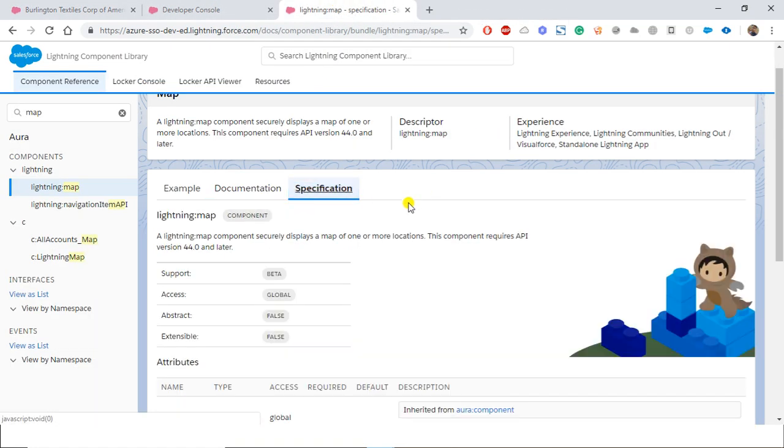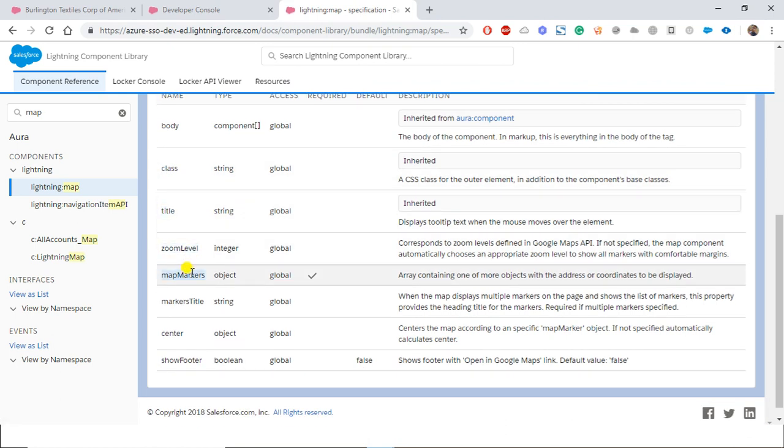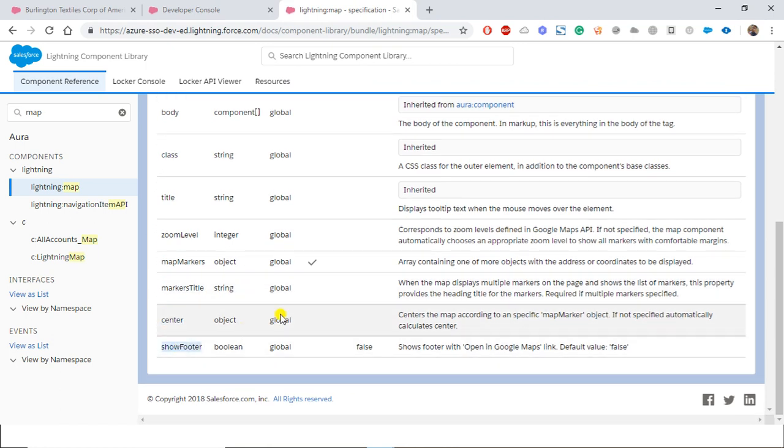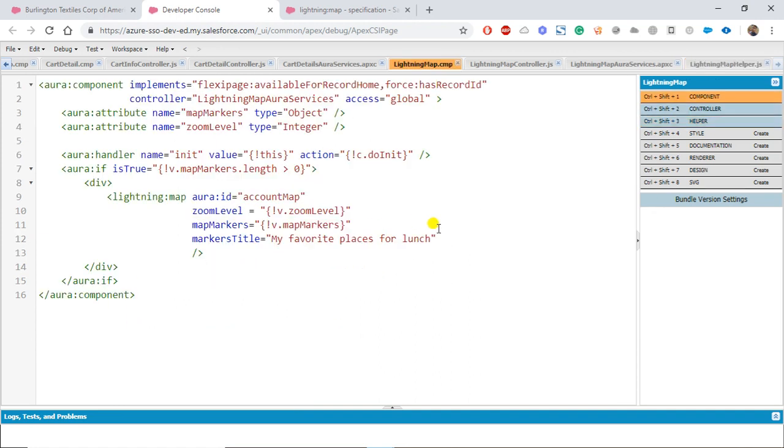So let's go to the specification. You can see we can provide a class, we already provided the title, label, marker title. You can also provide the center and show footer. This is a boolean variable that is false by default, and show footer with open in Google Maps, default value is false. So let's go to the component and put this as true,